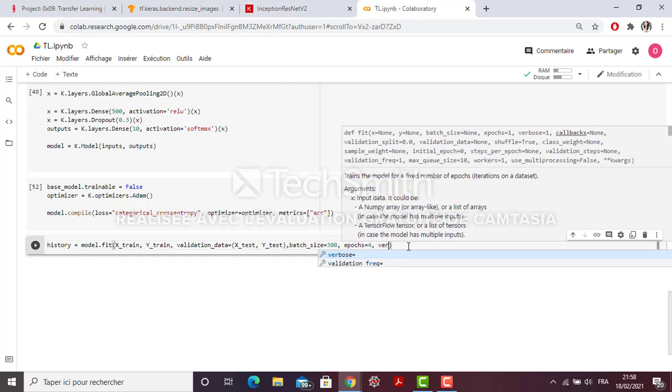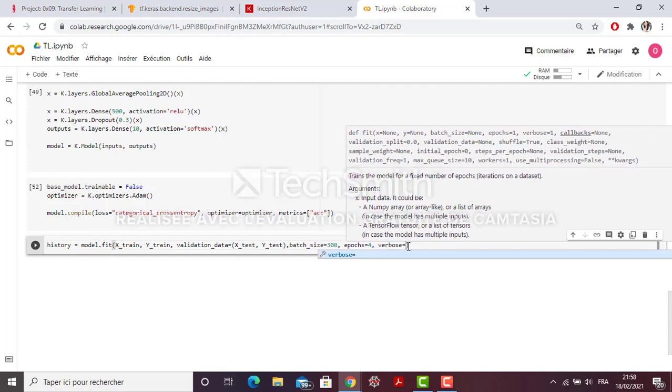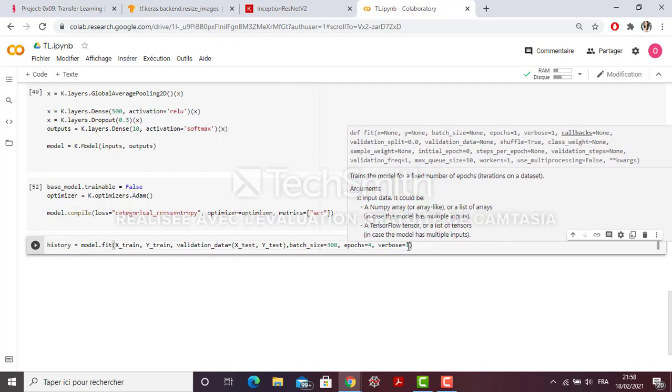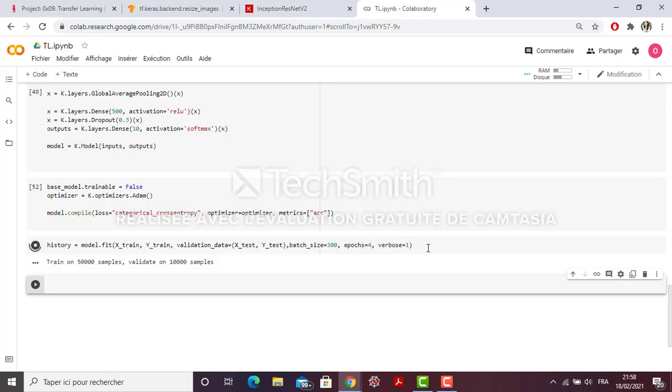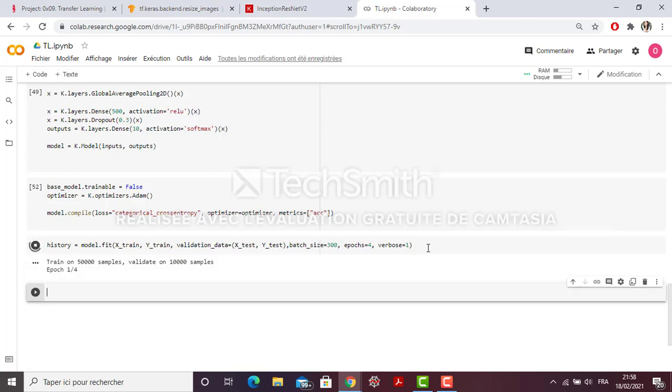And then verbose equals 1. If you have transfer learning, you don't need to train your dense layer with a high number of epochs. So this is the fitting. This might take a little long. I'm going to return to you when it's done.